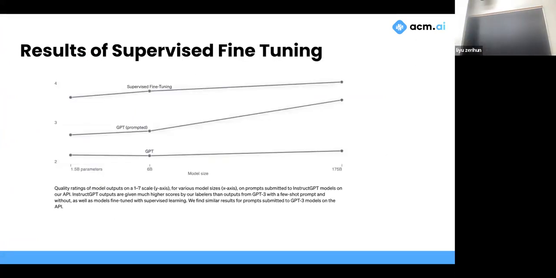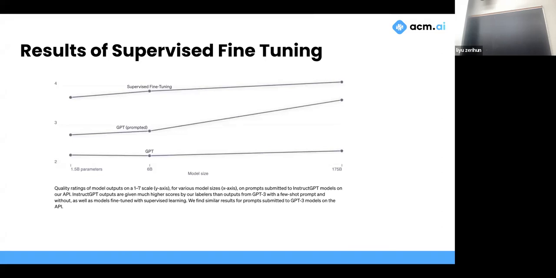So this is 0 shot, right? You ask it, hey, explain this to a 6-year-old. And then here, you give it a couple examples. I think it was 3 or something. Give them 3 examples, right? And look how much better it does. This is a score of human preferences 1 to 7. So humans literally just rated responses. That's how they do it. And then this is a supervised fine-tuning thing where we train it on examples. And even if you give examples, like you gave original GPT a bunch of in-context examples, like multi-shot or few-shot, if you supervise fine-tune, it's even better, no matter what.